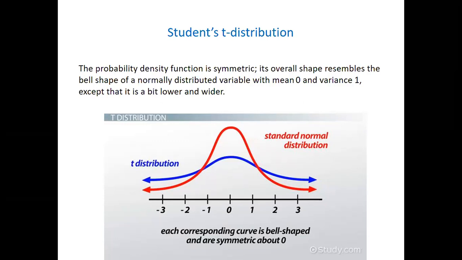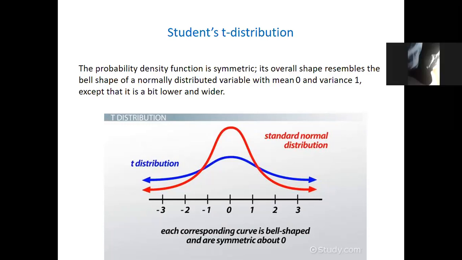It's just like we have a rope, or something that is plastic, that you can bend. So you can adjust the shape. When the degree of freedom goes up, which depends on the sample size, the curve will be bending up, resembling the normal distribution. Of course, the base will be narrower. If you look at it, the blue has a wider base, but it's not as tall as the red. The red is the standard normal distribution, while the blue is the T distribution.